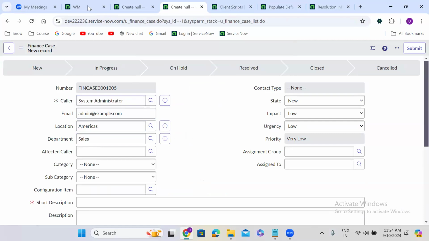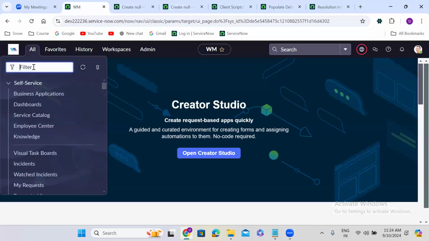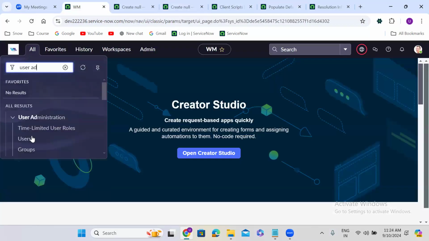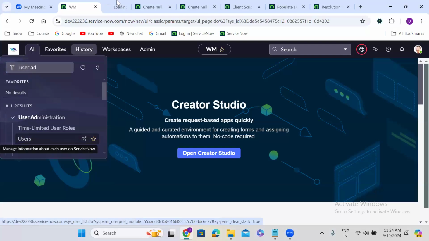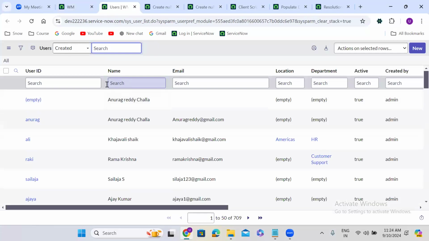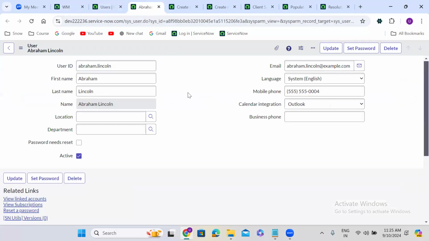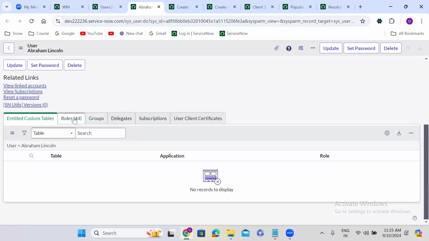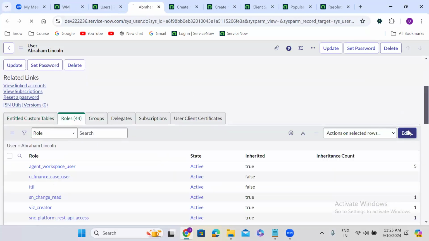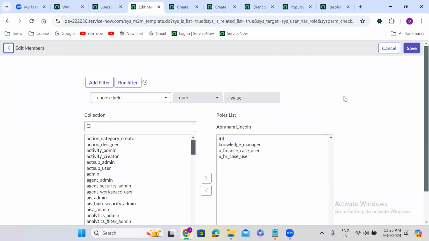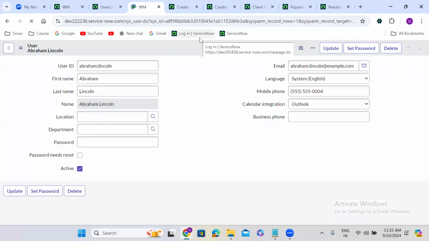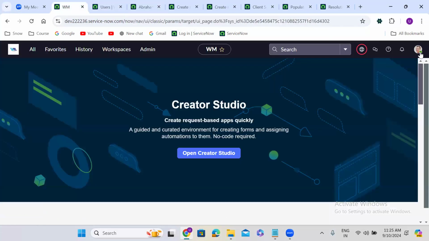Now what I am doing is I am going to open the user administration, users. I am able to open the Abraham Lincoln profile. I'm going to grant this finance case user role to Abraham Lincoln. No, he already has the role, finance case user role. Okay. If I impersonate as Abraham Lincoln,